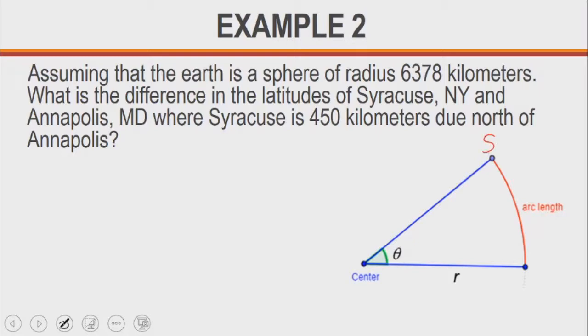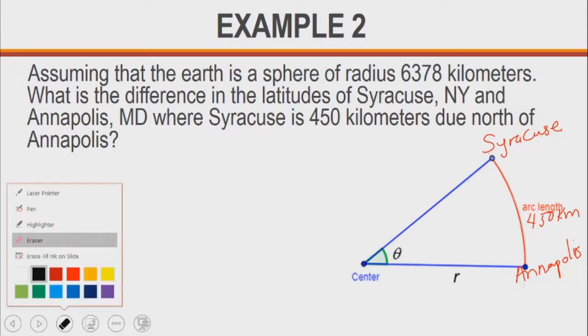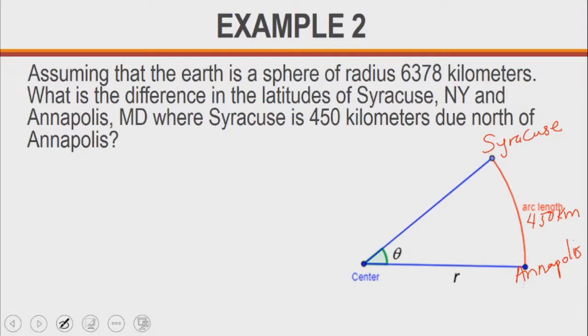So definitely Syracuse is north of Annapolis, and the distance between them is 450 kilometers. That means the arc length is 450 kilometers in this case. We are told to find the difference in the latitude between these two cities, so definitely we are told to find theta. We don't know theta, so let's start writing it out. We know that our arc length is 450 kilometers